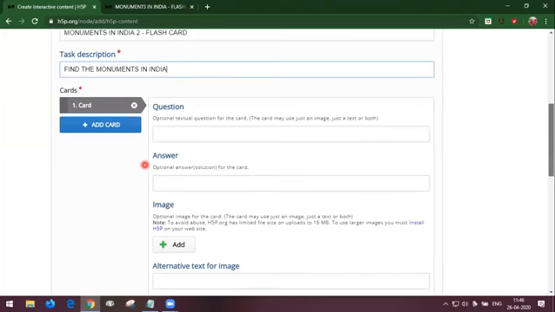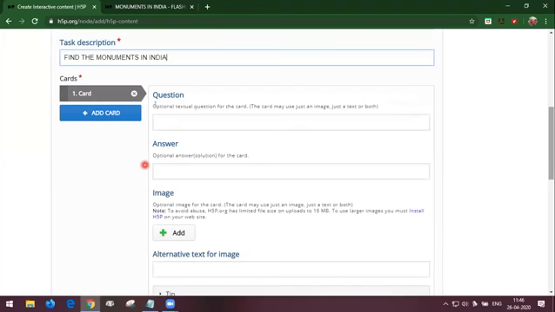So we are going to create the first card. The question I am going to give to students is identify the monument in the picture. So the question is the same for all the cards. I am going to give the same question for all the cards.